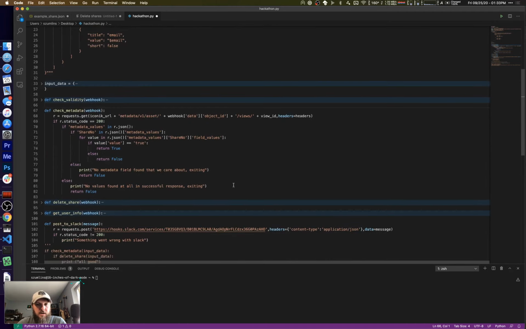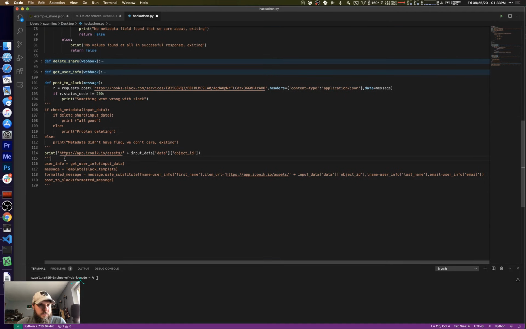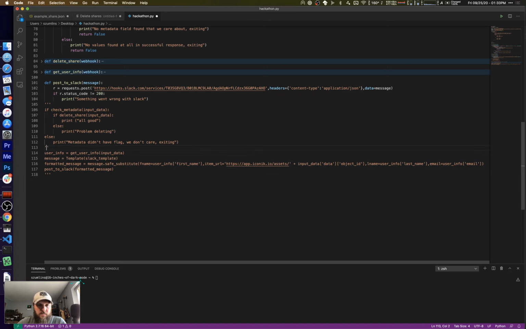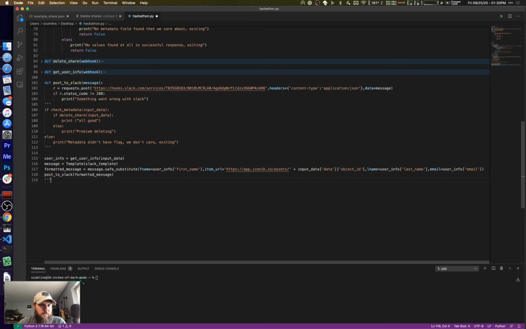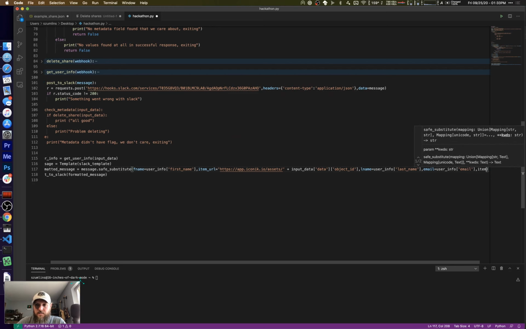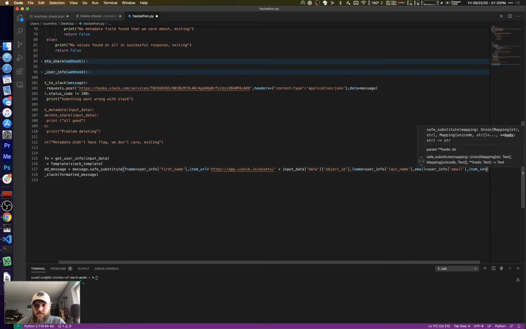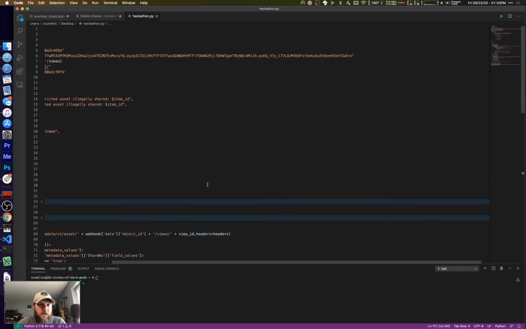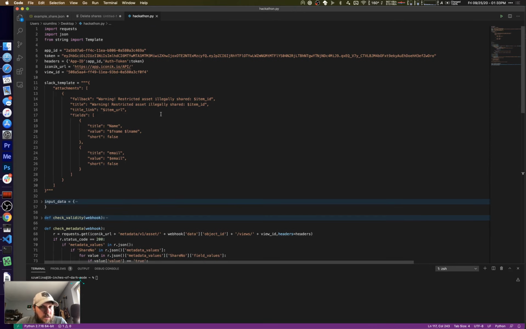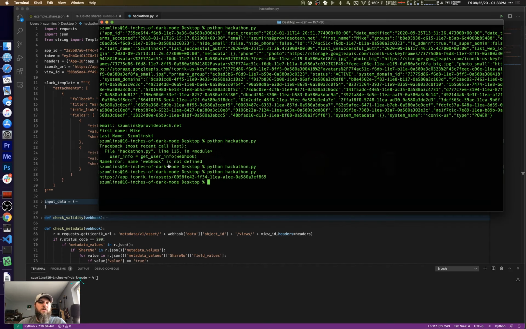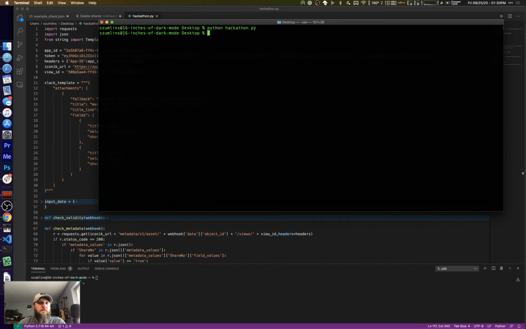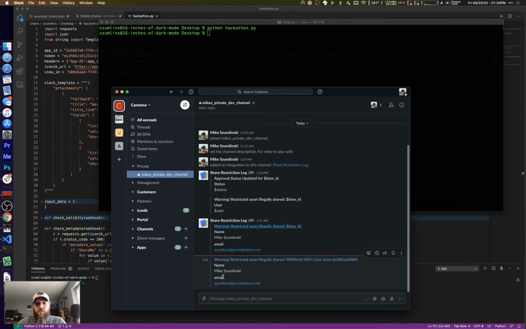variable in here, down here. We can get rid of this because we figured out our problem. Assets, and then object ID, and then I just need this as, I think I just called that item ID. Yes, item ID. Okay, so now if we run this one more time, this, hop over to Slack, boom, we've got the name, illegal share of that particular item, all the info we